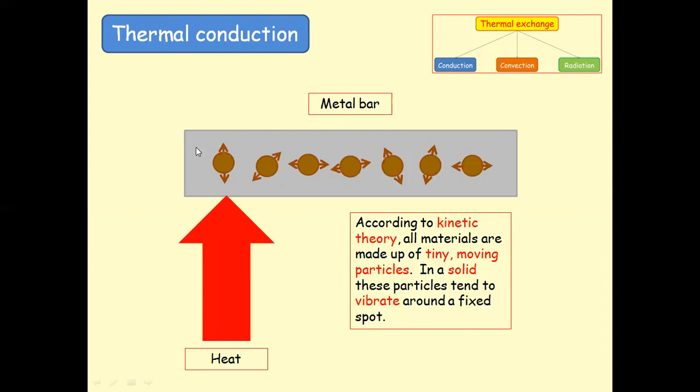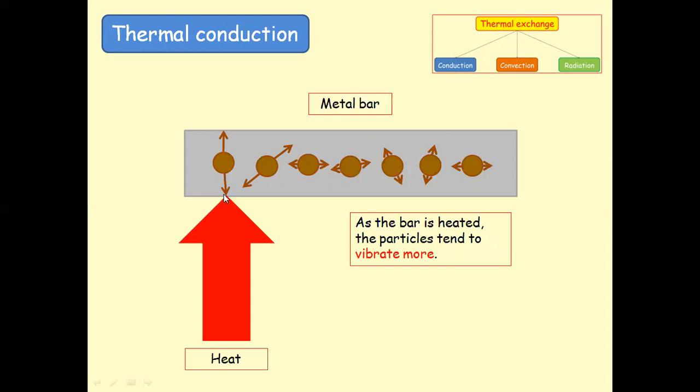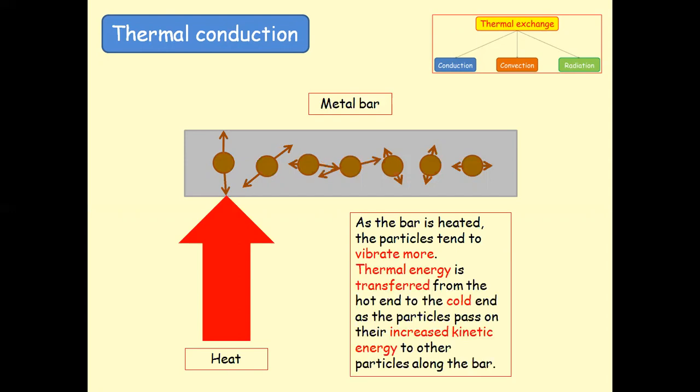If we expose heat to this side of the metal bar, after some time the neighbor molecules that are exposed directly to the source of heat start to vibrate more. Then this thermal energy is transferred from this molecule that is directly exposed to the heat to the adjacent one. Then thermal energy is transferred from this adjacent one into the second one,